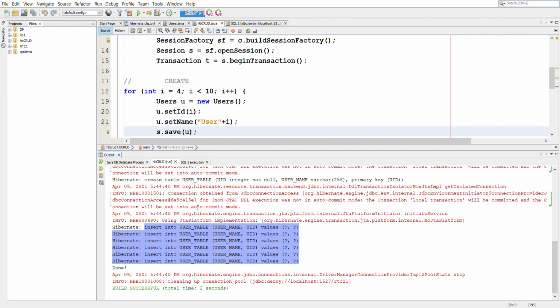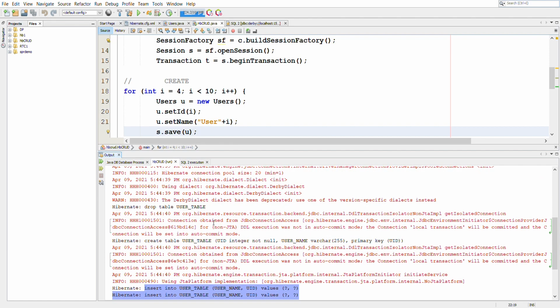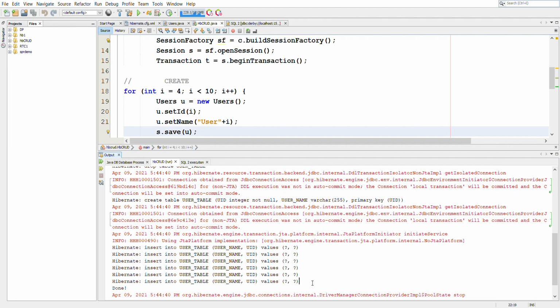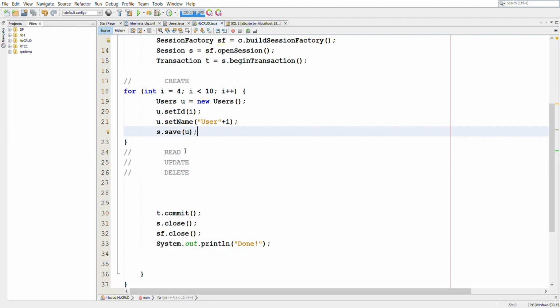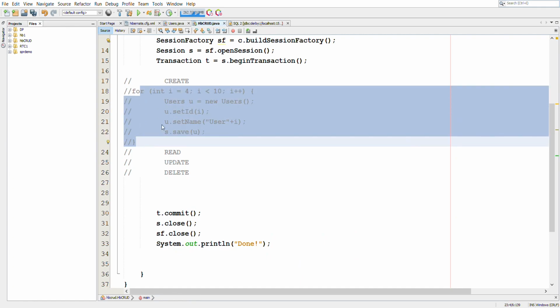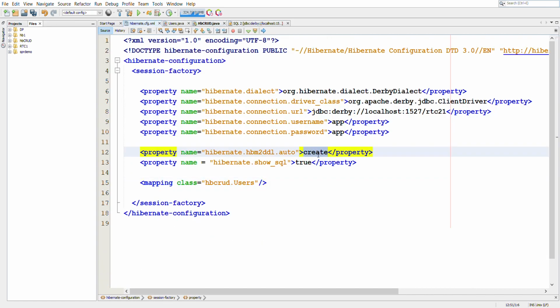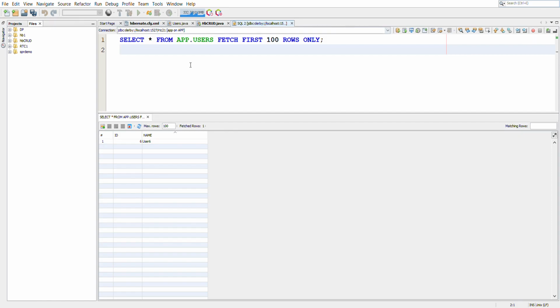The table is being created here because we have set the auto property to create. That is why the existing table is dropped first using the drop table command and then it is created again. And then these are the rows that have been inserted. Now what we will do is we will comment this out and in the configuration file, we will set the auto property to update so that we will be working with the same data which is in our table right now.